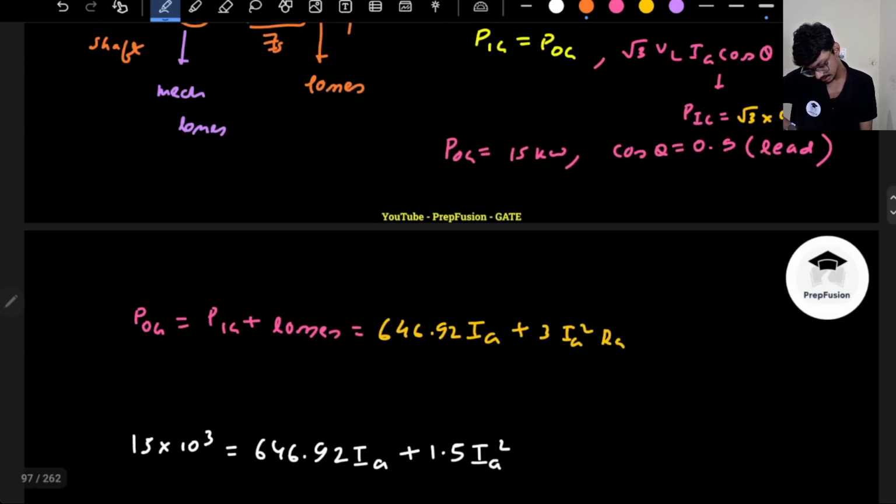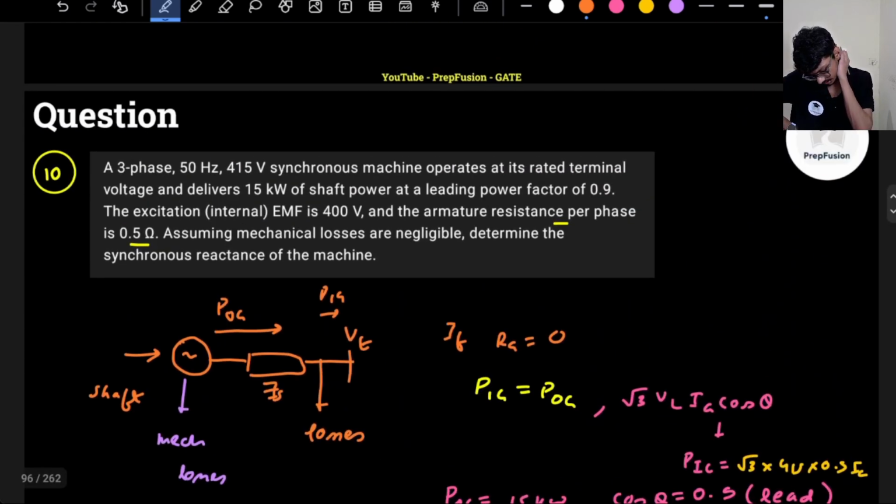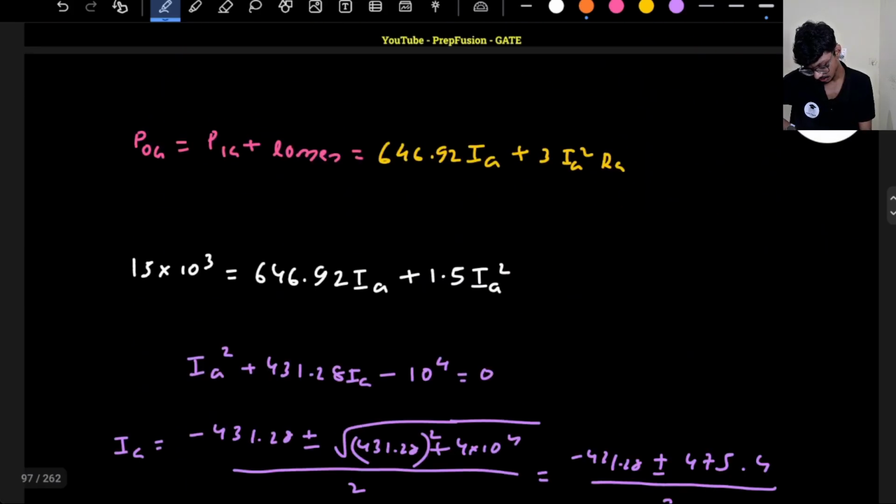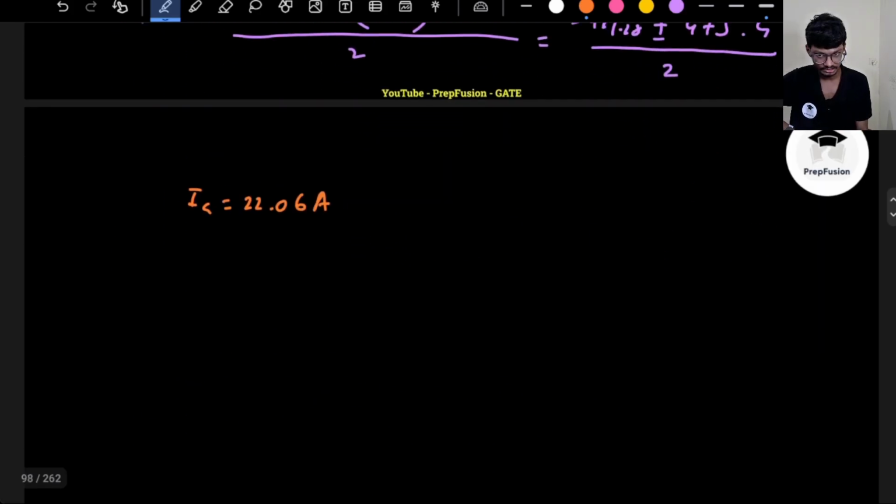So now it's pretty straightforward. Now what they are asking, they are asking you to find out the synchronous reactance. What will be the synchronous reactance? So I know what is my IA, so I can easily solve this basic equation, right? Should I solve this basic equation? I'm thinking no. Let's not do this. That will be a bit difficult, right? Okay. So what is my